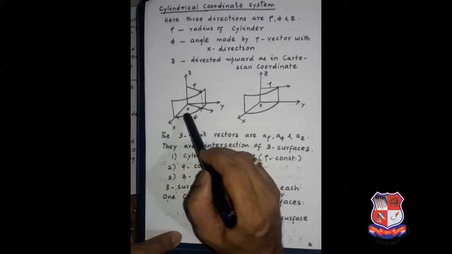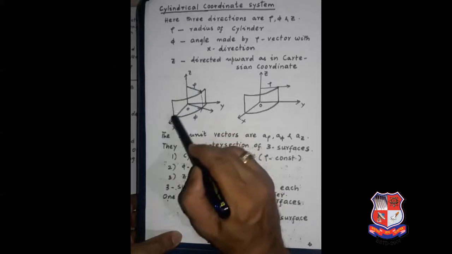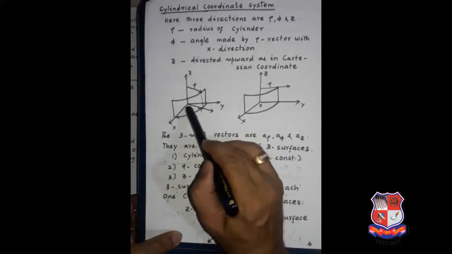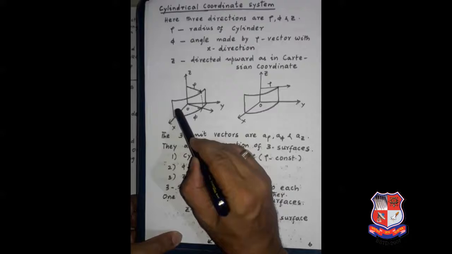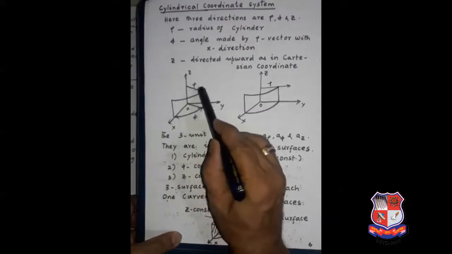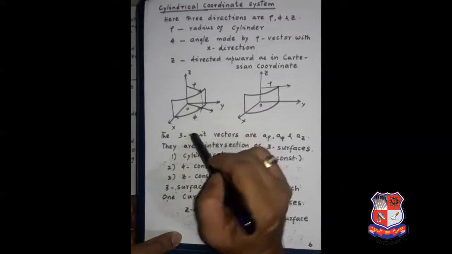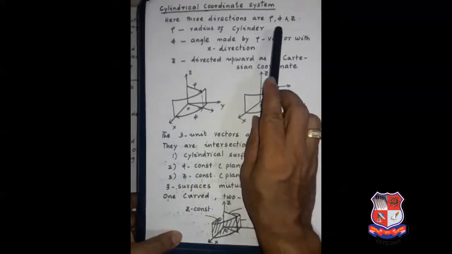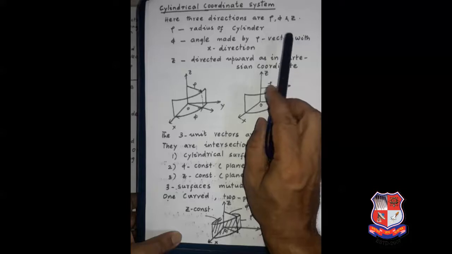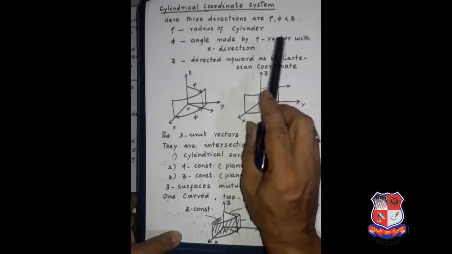So here you can see I have taken the xyz, that is the Cartesian coordinate system, as the base upon which I have drawn the cylindrical system. Here this is the cylindrical surface, this is another surface, your phi surface, and that will be z. So the 3 directions rho, phi and z, which are mutually perpendicular to each other,